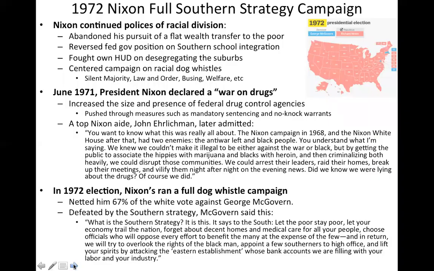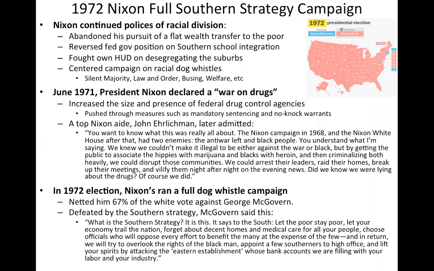So by 1972, there's a strategy in place. The Republican Party adopted it. Nixon goes all in on the Southern strategy, and he literally wins the biggest election turnout in the history of this country at this point. Bigger than LBJ in 1964. He just dominates, but he runs on this platform,